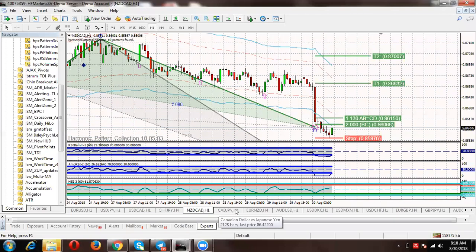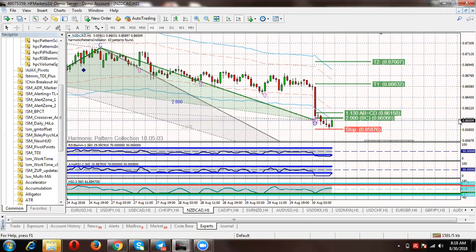We have NZCAD. We took this trade yesterday, but it came back down after moving some pips. So NZCAD, exhaustion. For this trade, you can take a buy stop. Put the buy stop at 0.861, 0.86095. While we're doing that, I'm going to check